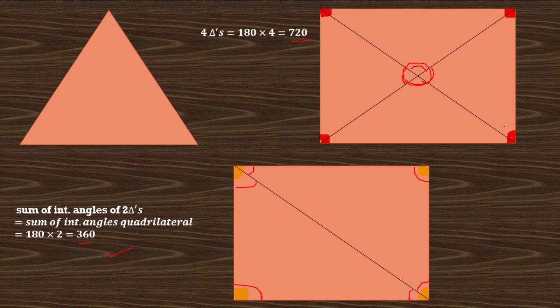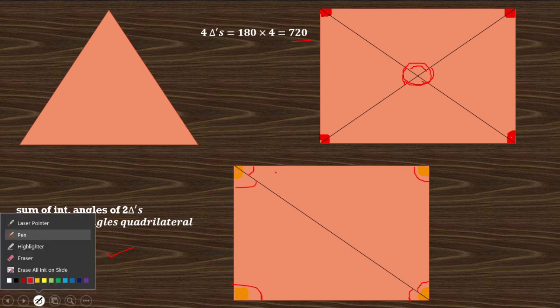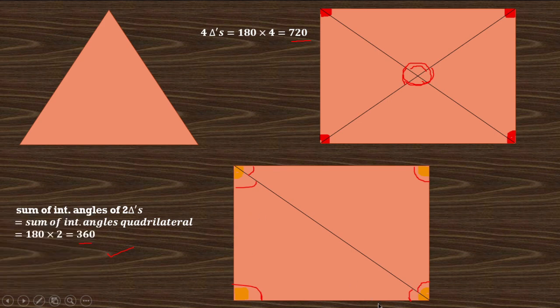From all 720, we can subtract this, we'll get 360 again equals to this. Okay, but why draw 2 diagonals when one diagonal was not putting us in any trouble? By drawing 2 diagonals, we have issues, because the sum of interior angles of 4 triangles is not equal to the sum of interior angles of the quadrilateral. They were extra also. So we have to draw the quadrilateral diagonals carefully.